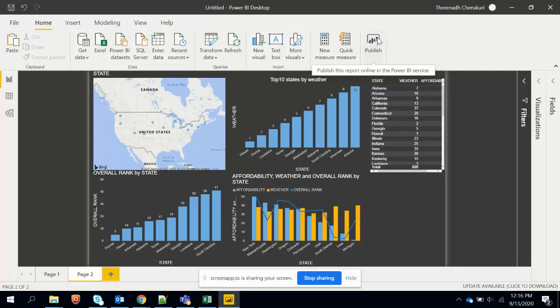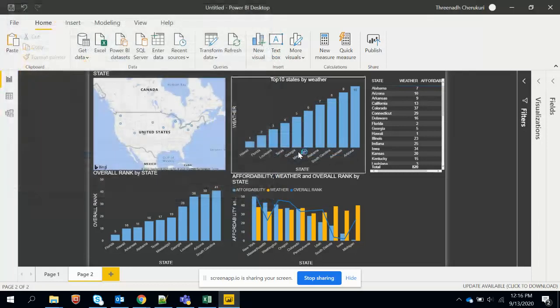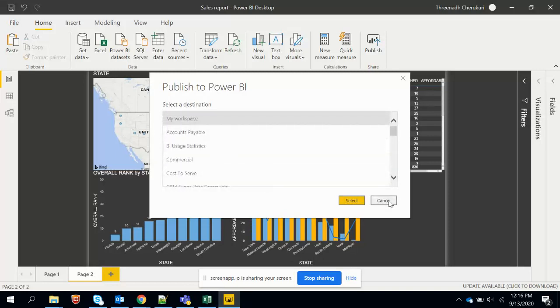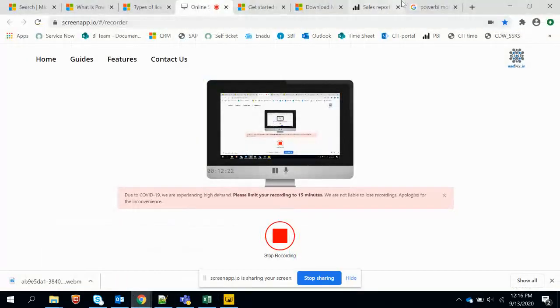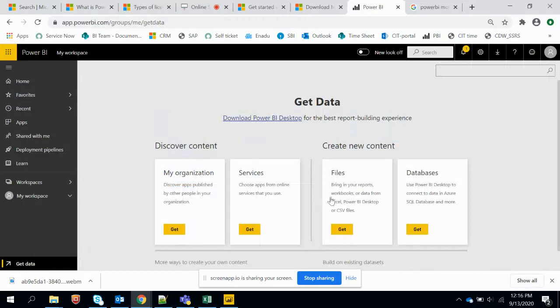So next my step is to publish or share the report to the client. So I am saving the file as sales report. So for publishing, you have two options. One is you can publish this file to the workspace you require. And the next one is you can upload it to the Power BI service using the get data option.